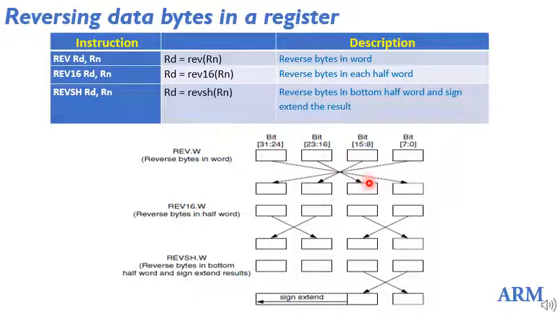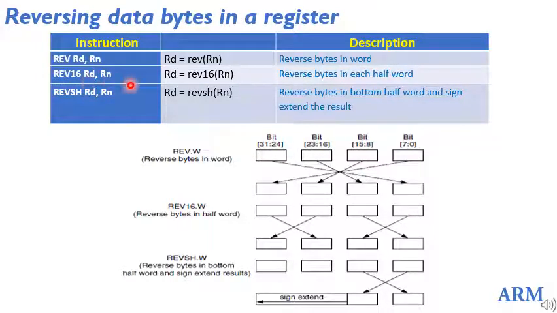to bit number 8 to 15 of the destination register, and the most significant byte, that is bit number 24 to 31, will move to bit number 0 to 7, that is the least significant byte. The next variant is